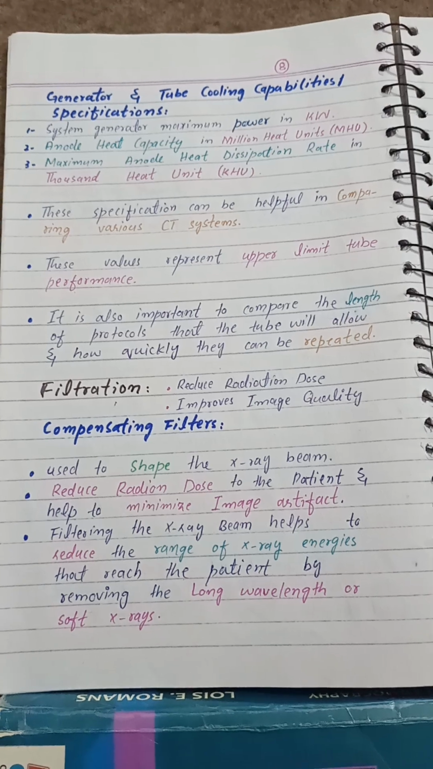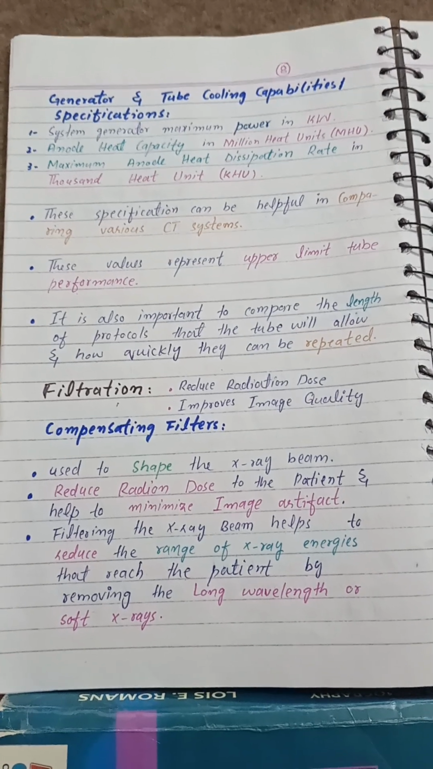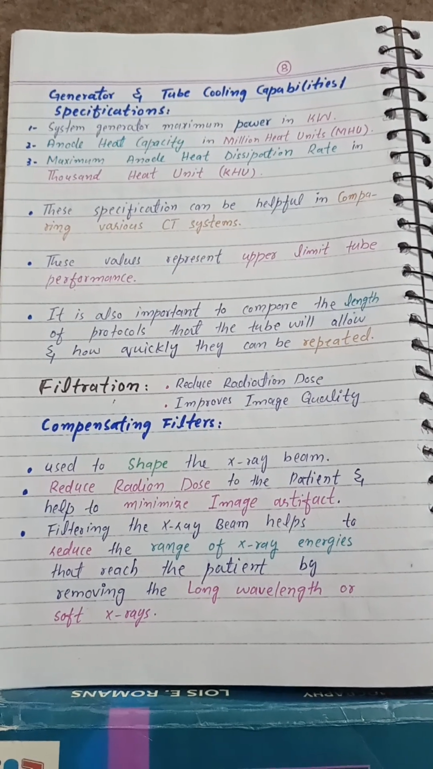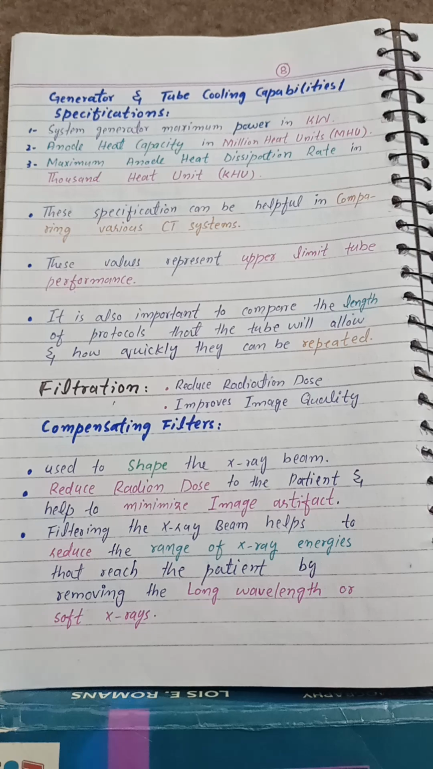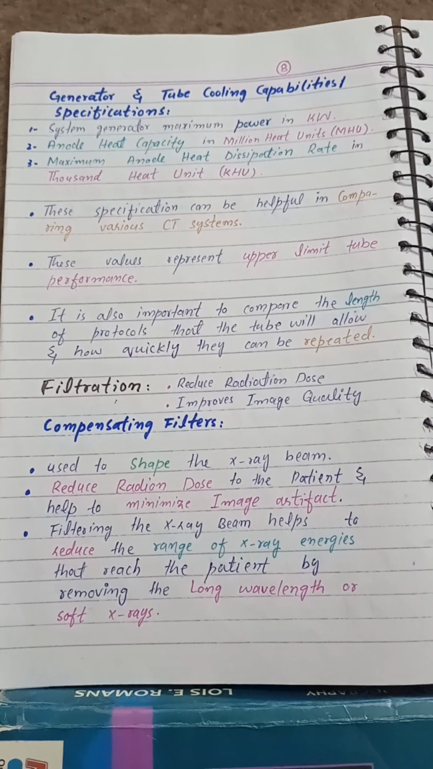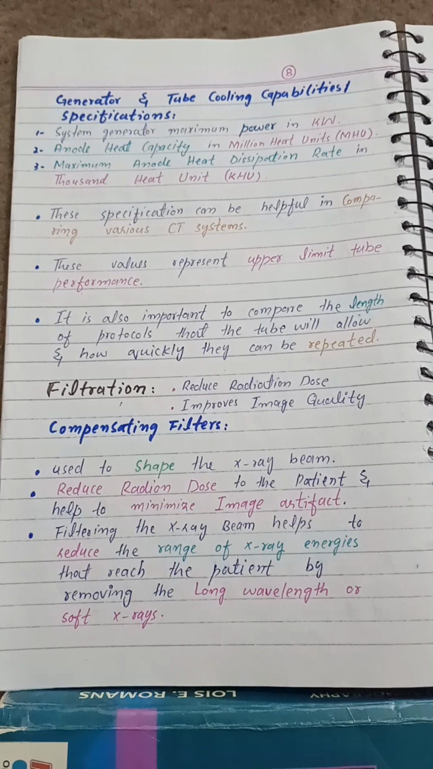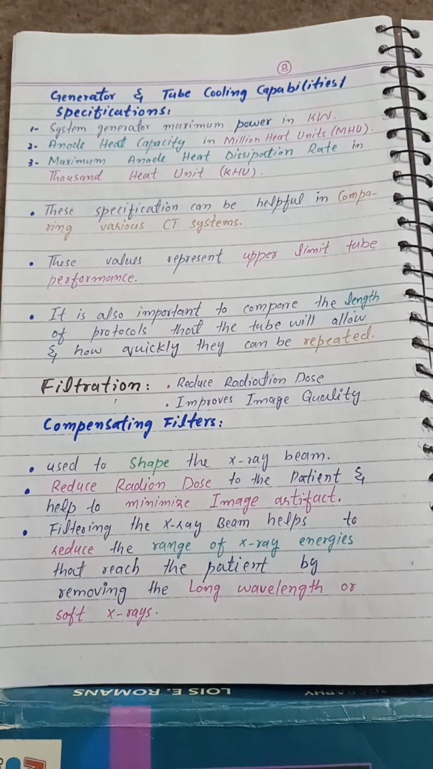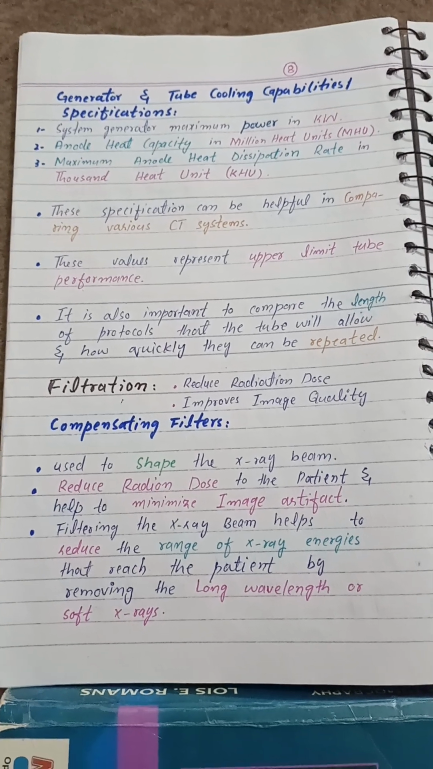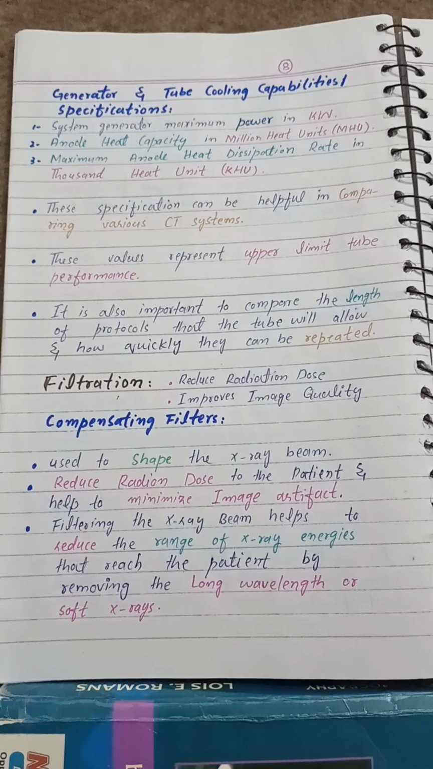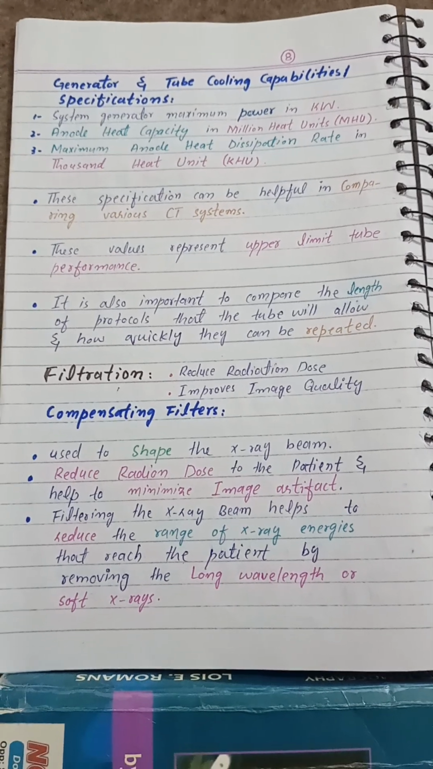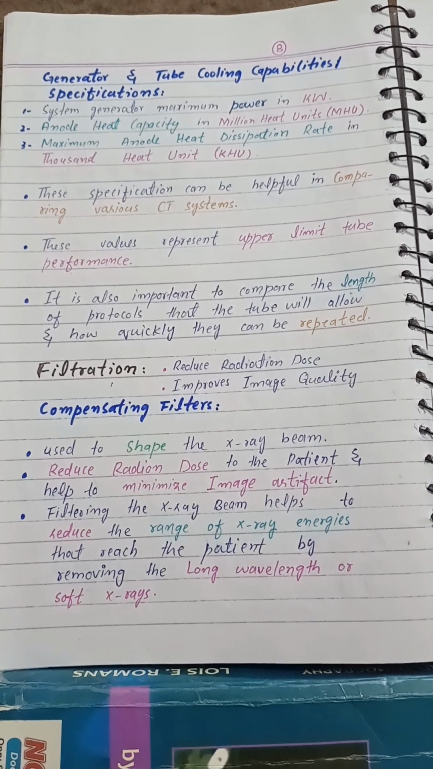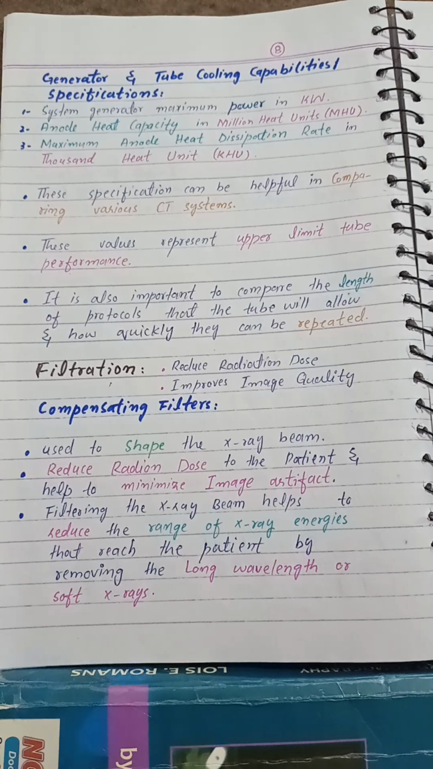Generator and tube cooling capabilities. Specifications: system generator maximum power in kilowatts, anode heat capacity in million heat units (MHU), and maximum anode heat dissipation rate in 1000 heat units (KHU). These specifications can be helpful in comparing various CT systems. These values represent upper limit tube performance. It is also important to compare the length of protocols that the tube will allow and how quickly they can